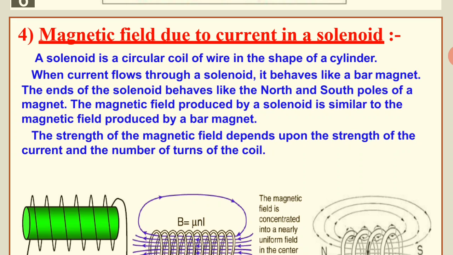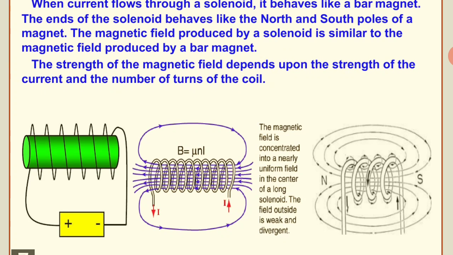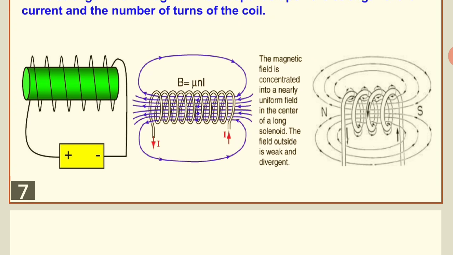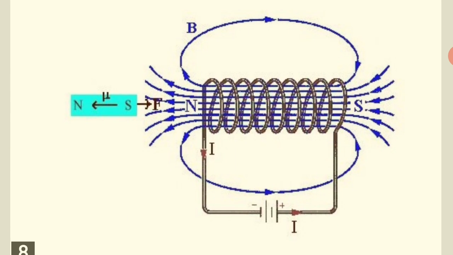As you can see in these three diagrams, a green colored paper roll or a plastic roll is kept, and around that we have wound a number of turns of a chemically insulated copper wire, and we have connected it through a battery terminal. When the current flows through this solenoid, we know the magnetic field will be there. So we experience a force or a magnetic field around this circular loop, which is now known as a solenoid.